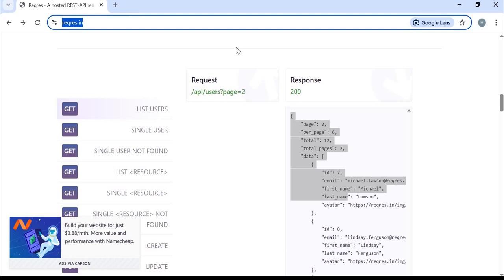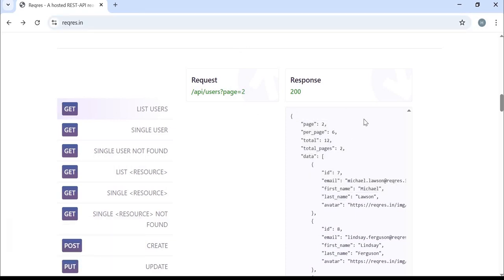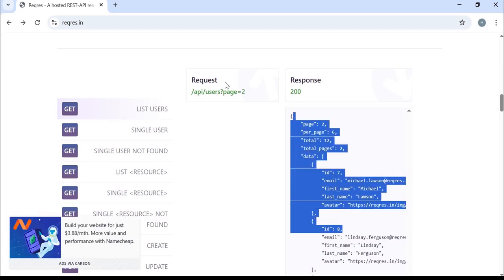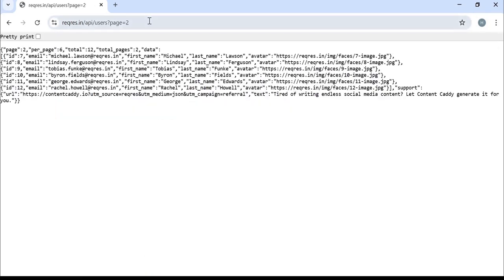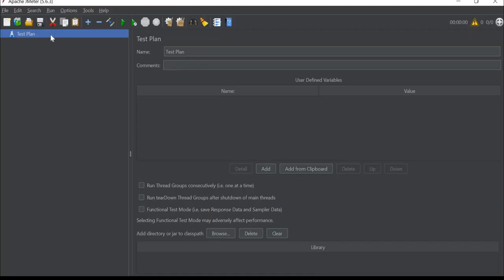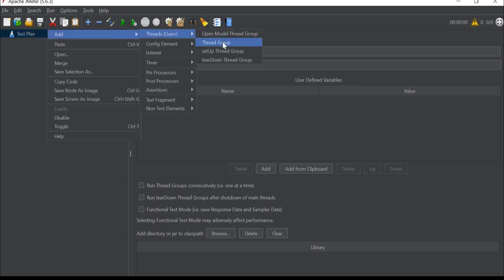In this tutorial, we will use this example. As you can view, if we hit this API, we are getting 200 response code and these records in the response. This is the server name and the path. Copy this complete URL, open JMeter, add thread group here, right click on test plan, and then click on